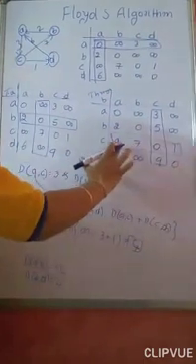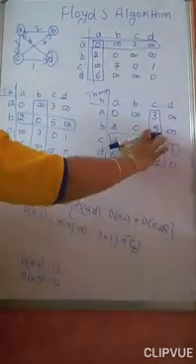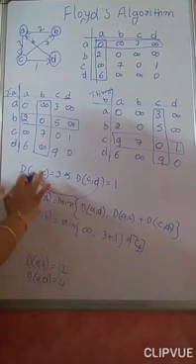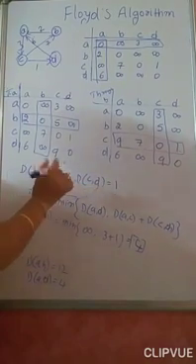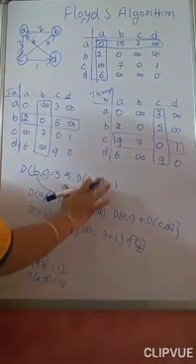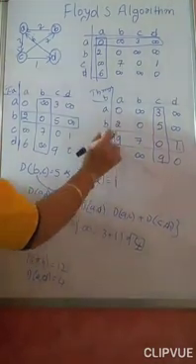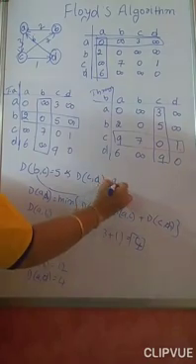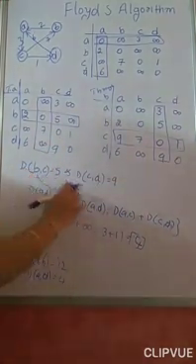5 has to be repeated with this. What is this 5? B to C. B to C is equal to 5. I will repeat this 5 with this 9. 9 means C to A is equal to how much? 9. Okay. So, now distance from